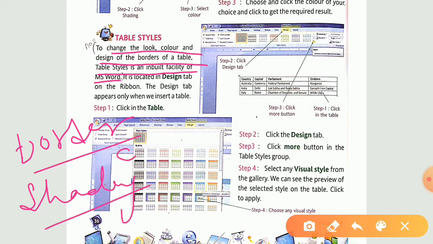Okay, but what happens, you are already having certain table styles that are having predefined color, look. And what you have to do, you just have to click on that particular option. It is a template type, you have to click on it, and accordingly the design, the style of your table will change. Okay, now let us see how we are going to do it.